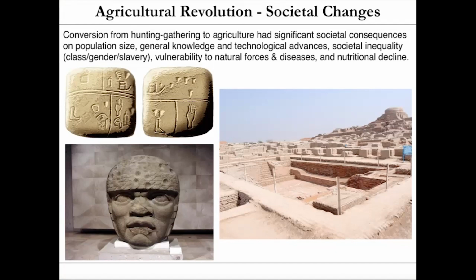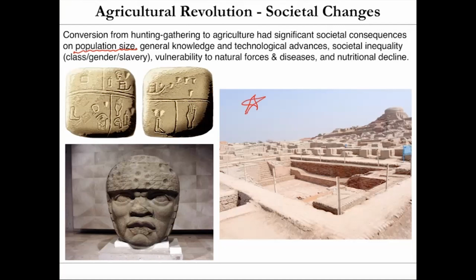So one of these is population size. Obviously, if you're able to make a large amount of food that's somewhat reliable, and you could store that for the winter or for the next year, that definitely increases the amount of humans who can live in a particular region. So in the Fertile Crescent, during the beginning of the agricultural revolution, that's the first time in human history where you basically have this shift from humans living in, let's say, 20 to 300 people. Now you can have, this is the first time where you see cities where you can have actually thousands and